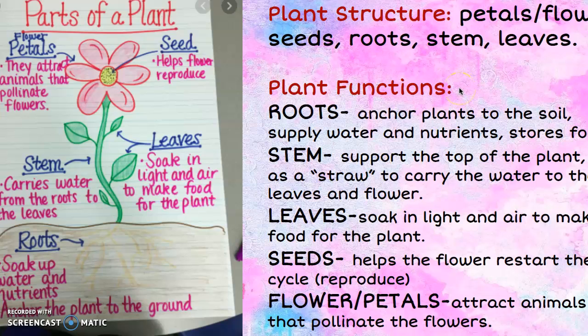So the roots anchor plants to the soil, they supply water and nutrients, and they store food. The stem supports the top of the plant. It acts as a straw to carry the water to the leaves and the flower. The leaves soak in light and air to make food for the plant, and the seeds help the flower restart